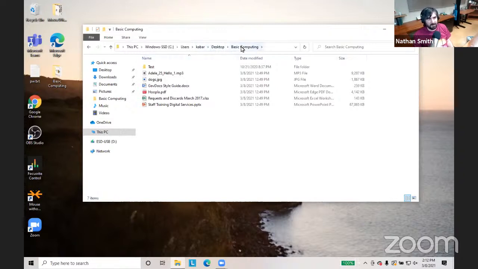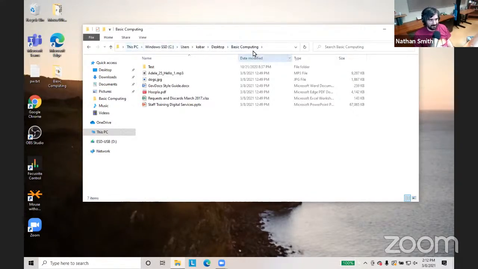Inside of that, or that folder is on the computer's desktop, or inside the desktop folder, you might say, which is inside of the KABAR folder, which is inside of the users folder, which is on the Windows SSD hard drive, which is in this computer. So you can think of it like an address.